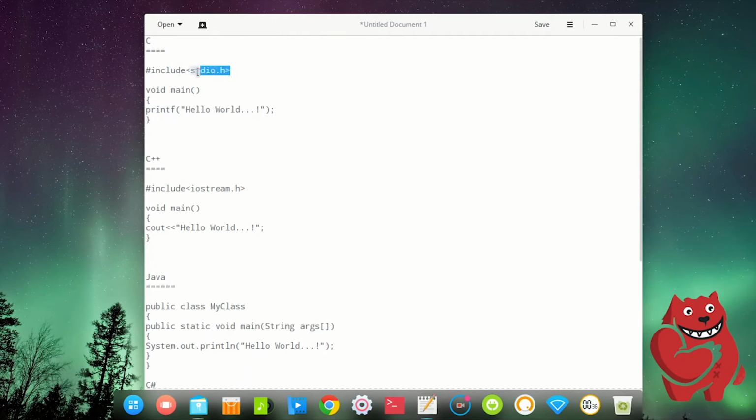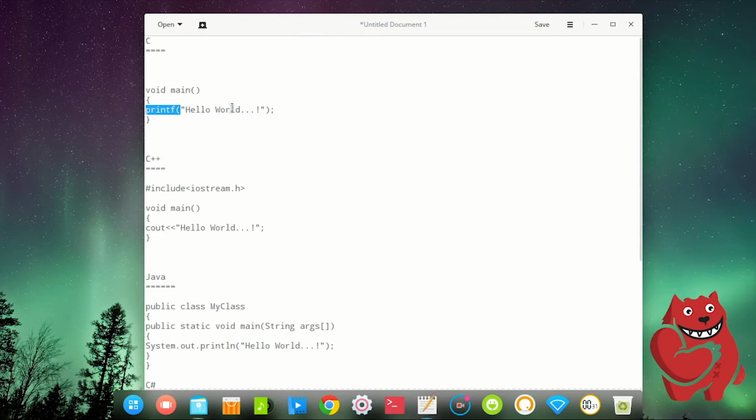Without this line of code, when the compiler reads this program, it comes to this line void main, so it understands that this is the main function, and the statements written within this block are the lines that need to be executed. And then it comes to this statement and reads printf,